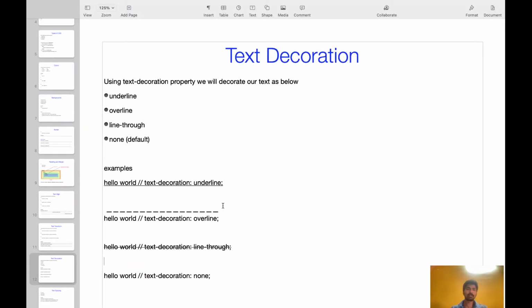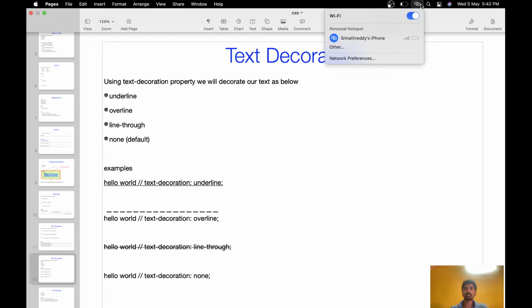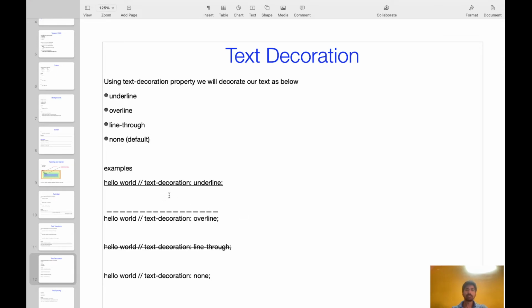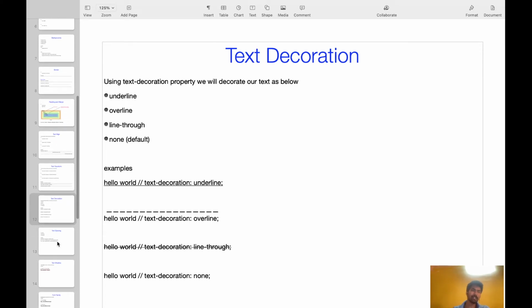Okay, let's go on. This is about text decoration. Text decoration will give underline, overline, line-through. Let me check the network. Yeah, the network is fine. So text decoration will give like this: underline, overline, line-through. And if you don't want anything, the default is text-decoration: none. Okay. Next one,